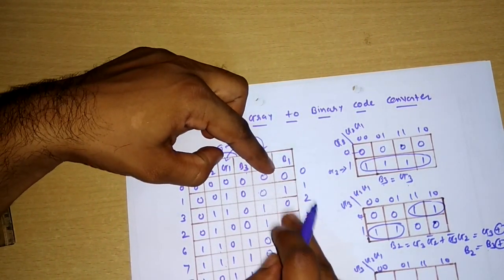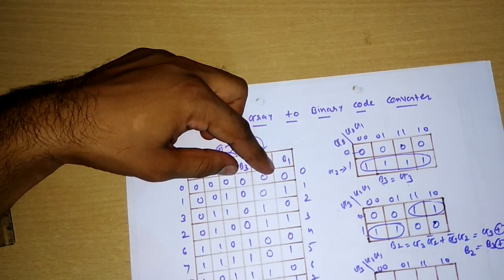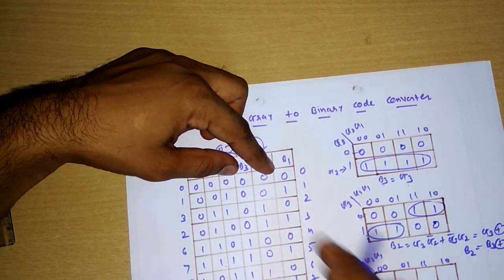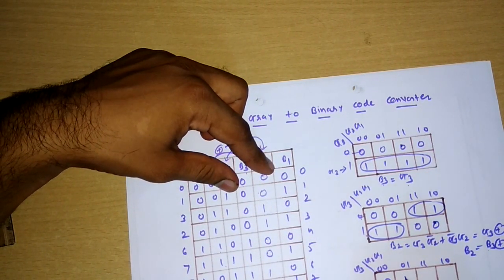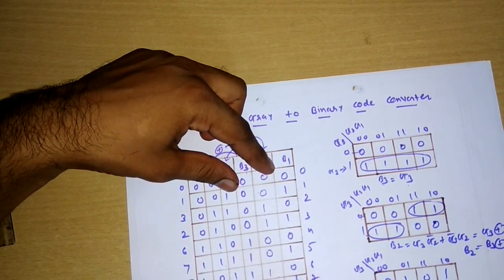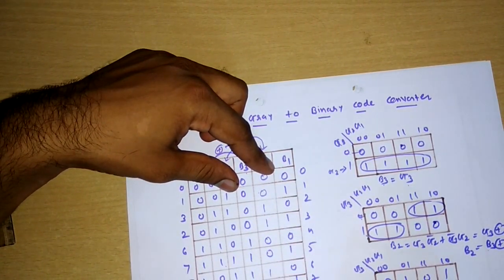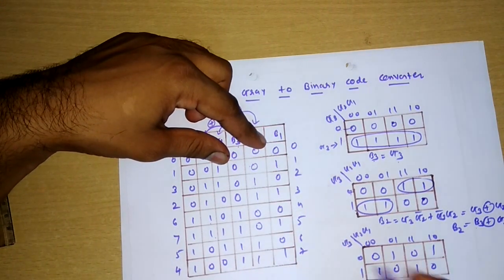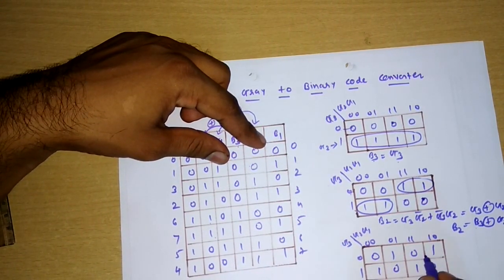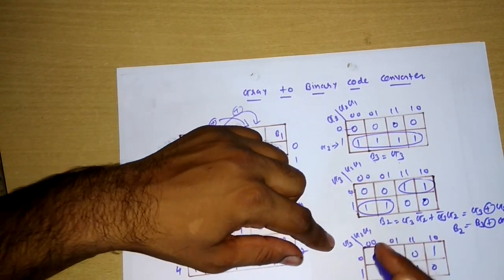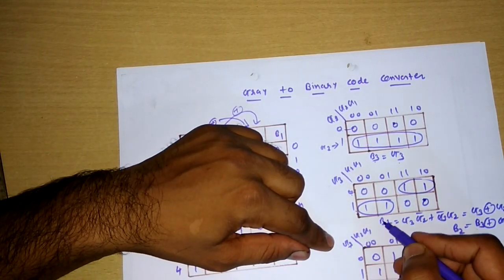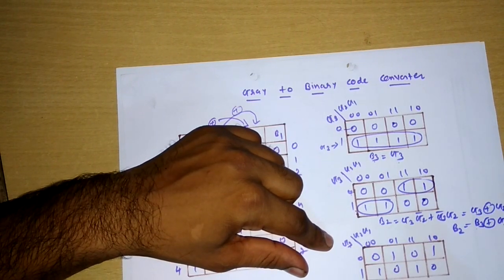Similarly, if you map this B1, you'll get the terms. If you map these inputs into this one, you'll get your output as 0 1 0 1 1 0 1 0. You have to map this column into this. So to get B1, see, this is the logic now of XORing it. When you get the alternate entries of 1 in the K-map, your output directly becomes G3 XOR G2 XOR G1, right?